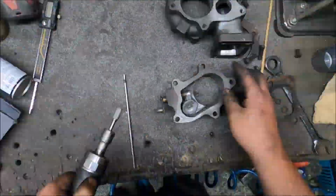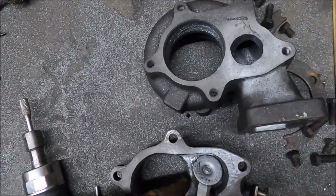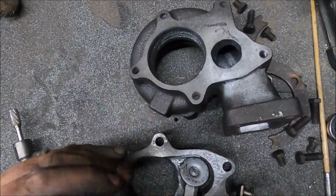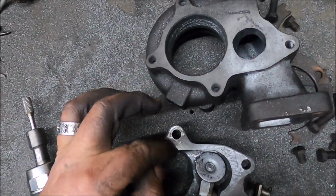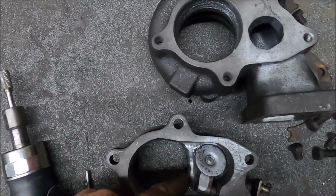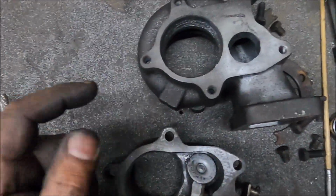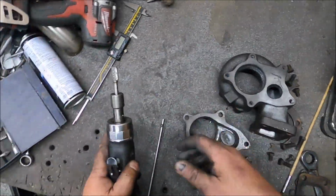Yeah, this bit as well, I'm enlarging, because obviously you've got the wastegate flow out of there, so the less it can collide with this flat bit, the better. So I'm gonna just edge this in the best I can. You couldn't do a perfect job without removing that. So I'm just gonna cut as much away as I can,